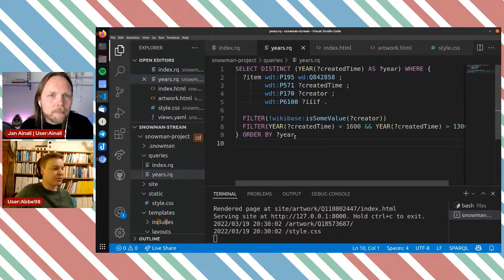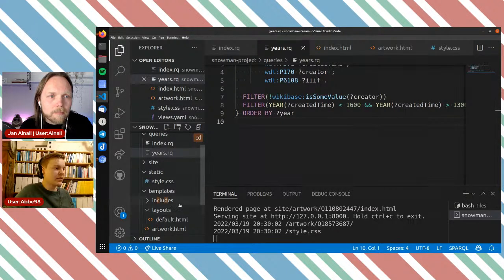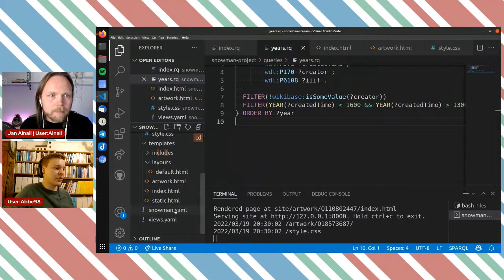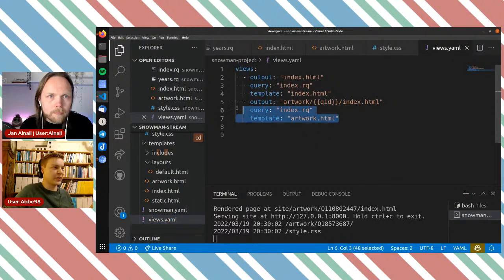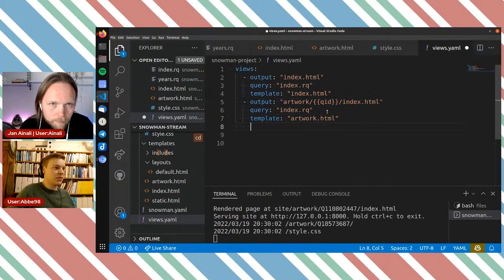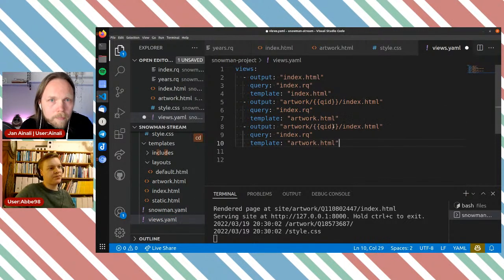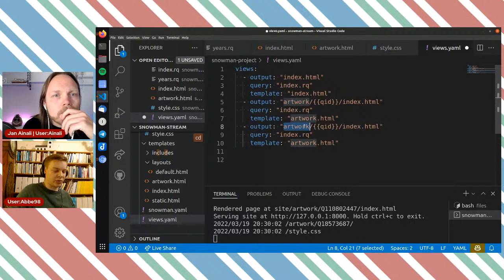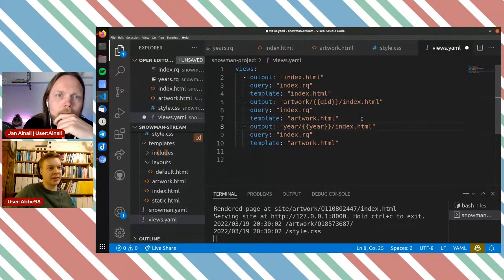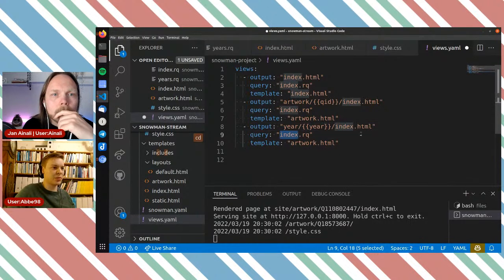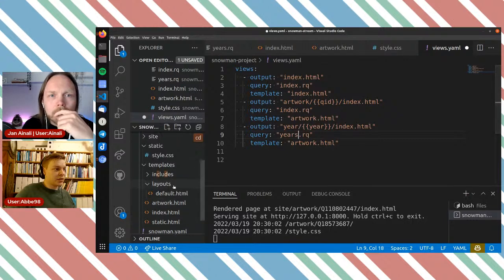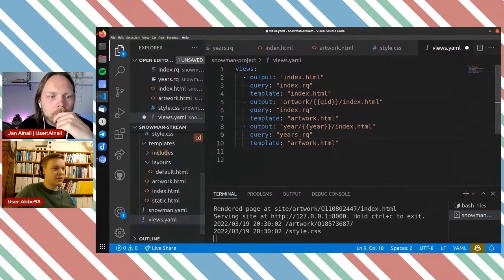And to actually have something to render, we need both a template and a view defined. So I'm gonna start by defining the view here so we can do something cool with it. We can call this under year, and the variable we want to use for URL would be year and still /index.html. But here we want to replace the query with years, I believe that I called it. That would have made sense, yes.